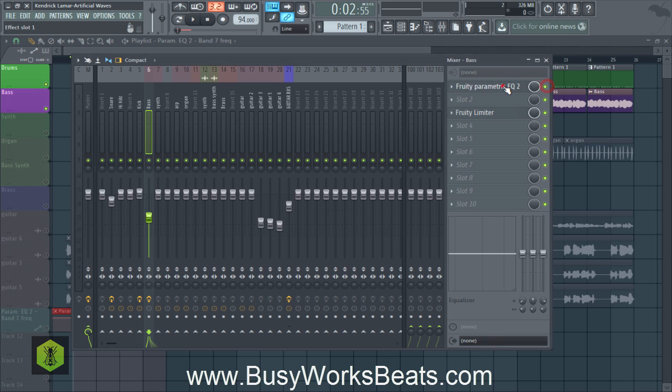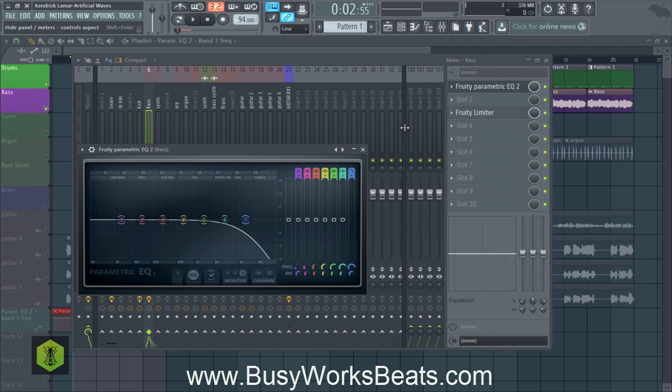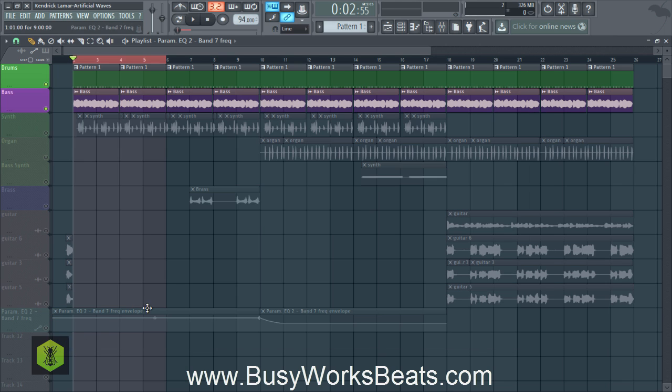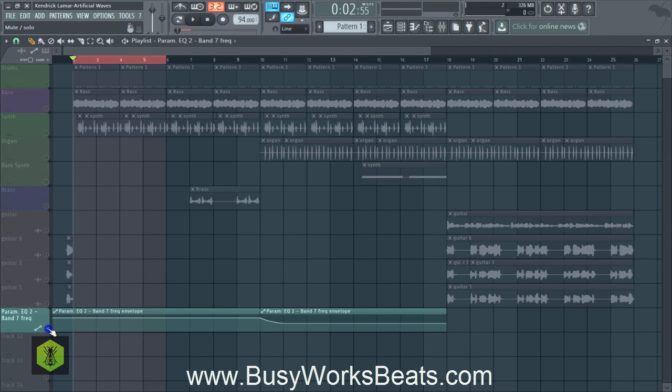So let's open up the Parametric EQ 2. This sound is a little buzzy, so that's why we added a low pass filter. So you just grab that point, left click and drag to a low pass shape, pull this down. So it's a little low pass, just to get rid of some of the high frequency stuff. Now this has an automation envelope tied to it. So we're gonna activate that.